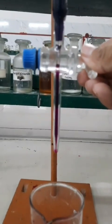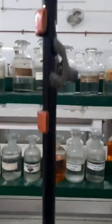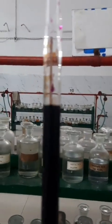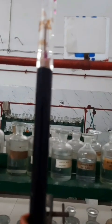Open the stopper and remove the air gap, and then adjust the upper meniscus of the solution at the 0 mark indicated on the burette. Now here the initial burette reading is 0 ml. For colored solution we always note the upper meniscus of the solution, or the reading which coincides with the upper meniscus of the solution. So the initial reading is 0 ml. After adjusting